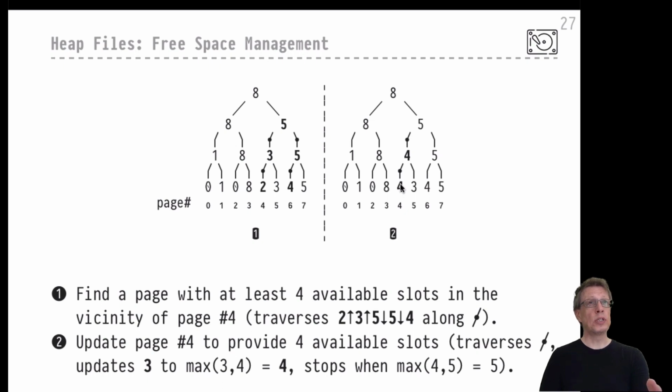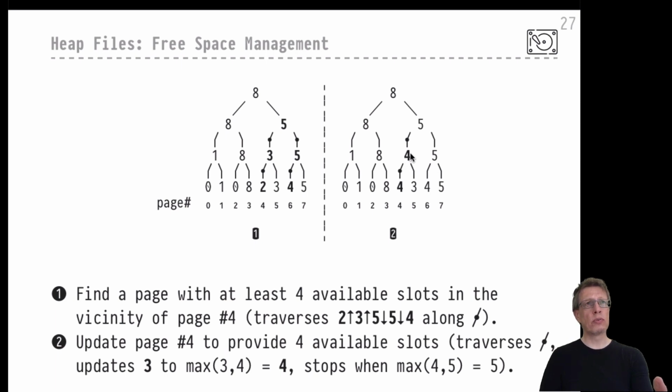We walk up the tree across this dotted edge again to find that this node has to be updated. You see it had 3 available units of space in this subtree. It's now 4 available units in this subtree. Okay, so we update 3 to 4 and then walk